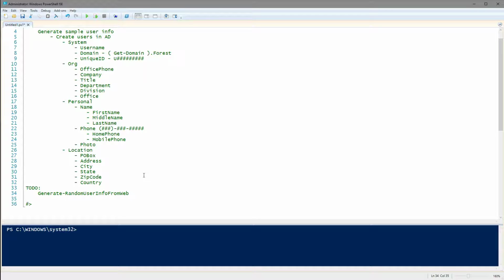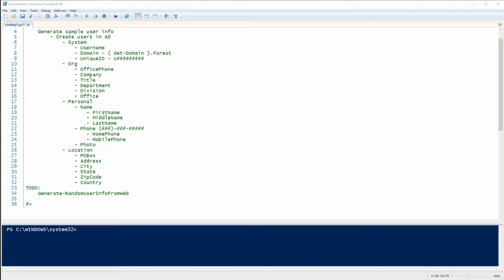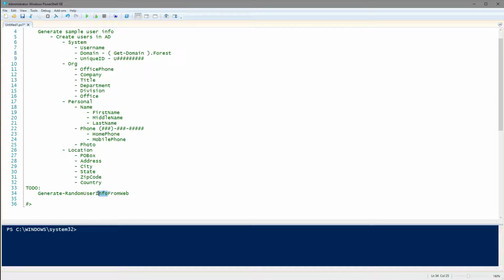And what we're going to do is write a function, we just say get random users. That's fine. It's going to go to randomuser.me, and it's going to download and parse and effectively return an object